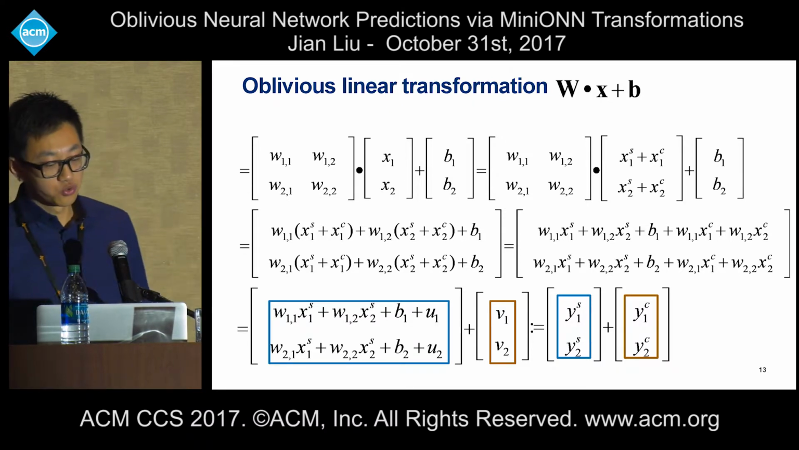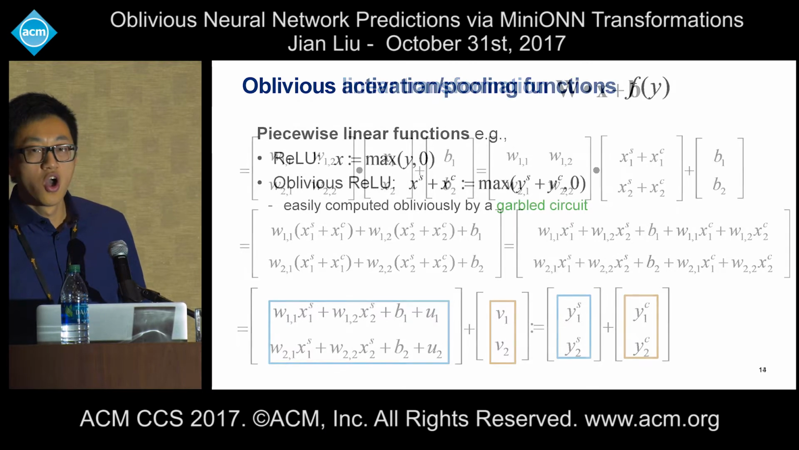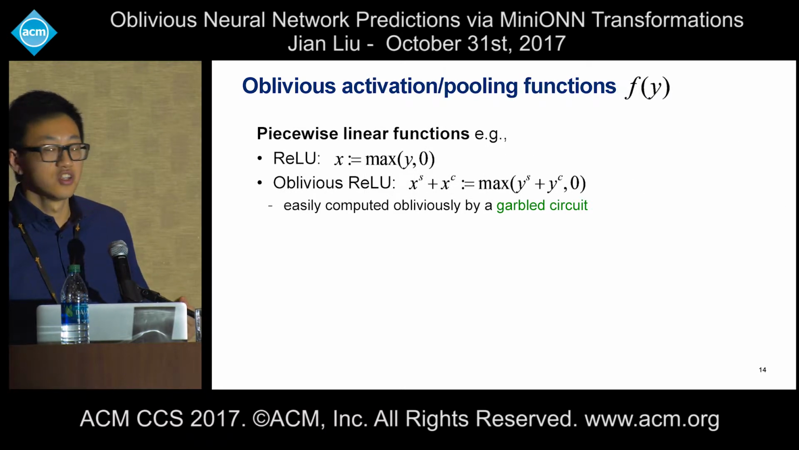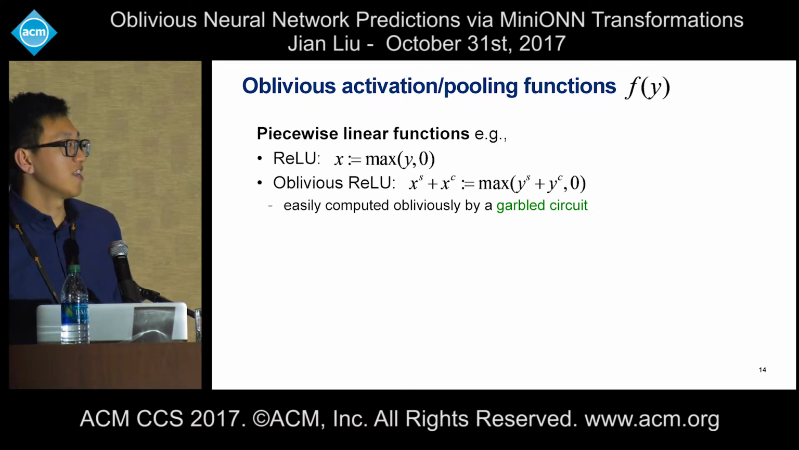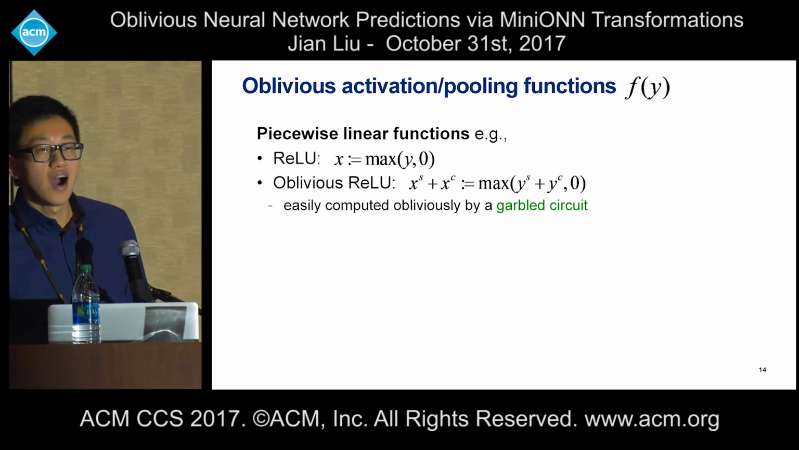Next, let's see how to do this for activation functions and pooling operations. We classify all such functions into two categories. The first category is called piecewise linear functions. We take ReLU as an example. It takes input y and compares y with 0. If y is larger than 0, it outputs y. Otherwise, it outputs 0. So the oblivious format of this function can be easily calculated using a Garbled circuit,